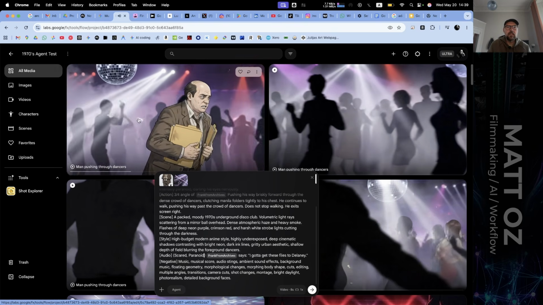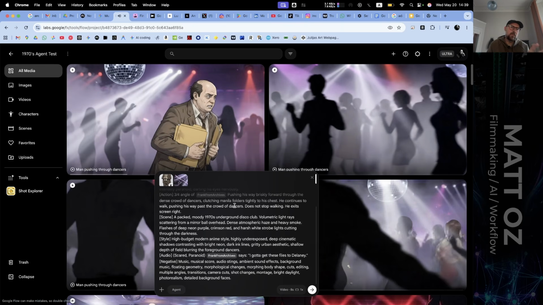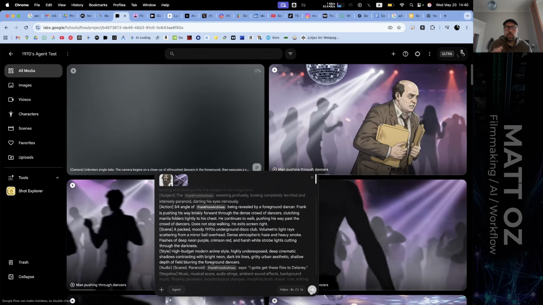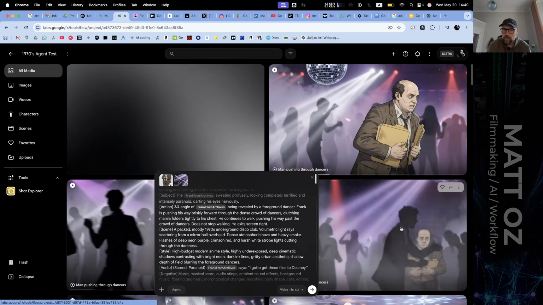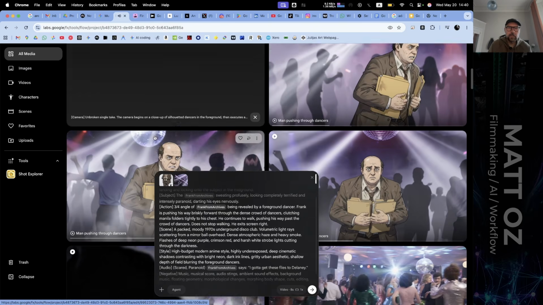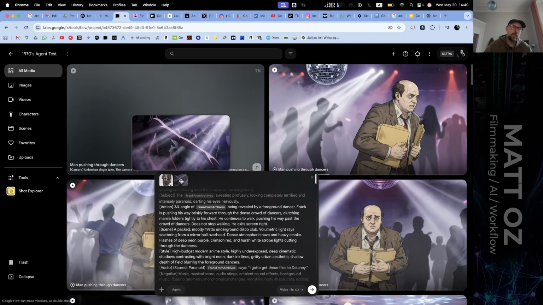I gotta get these files to Delaney. Okay, not as good. The next model will probably interpret this a little bit differently. We could see if we can sort of force it and say, foreground dancer reveals Delaney. So we'll do one more free prompt, and then, if it at least does the foreground dancer, which it did in one of these earlier ones, I think. Yeah, it sort of did that, but I didn't like the angle. That one was a bit better, but I want what's in this image reference here, and it may get there with the better quality model. So that's something that's good to explore.